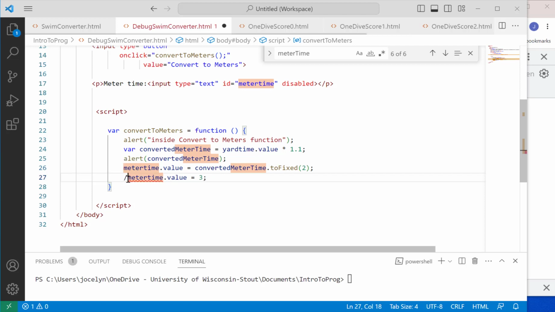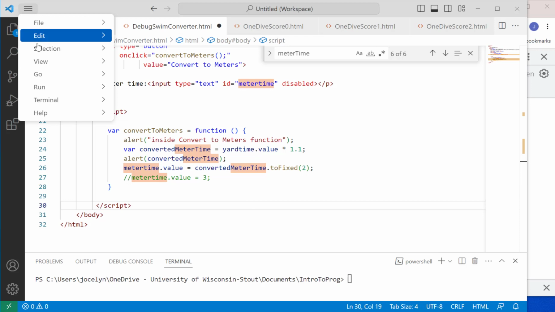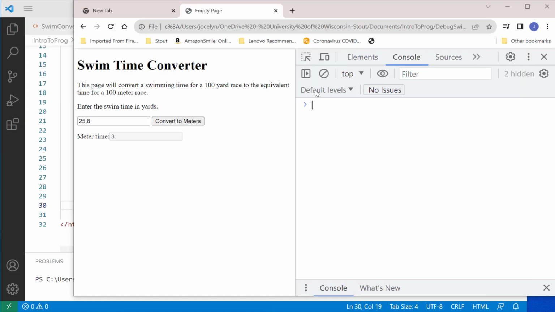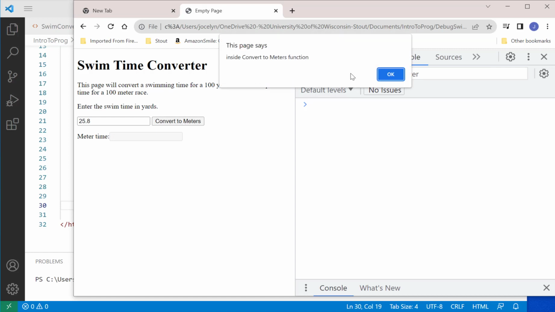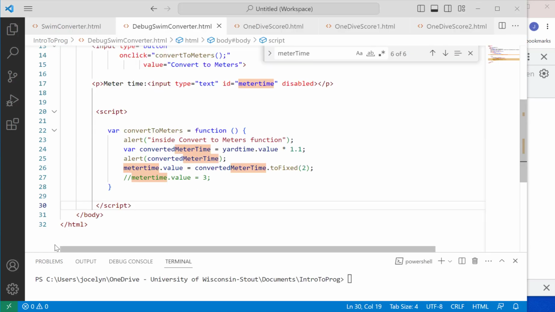We can comment out our test, and let's see if it works. Now when we run convertToMeters, we have found our bug and we have fixed it. The bug was that meter time was spelled incorrectly. There was a capital T when there was not supposed to be a capital T because it did not match